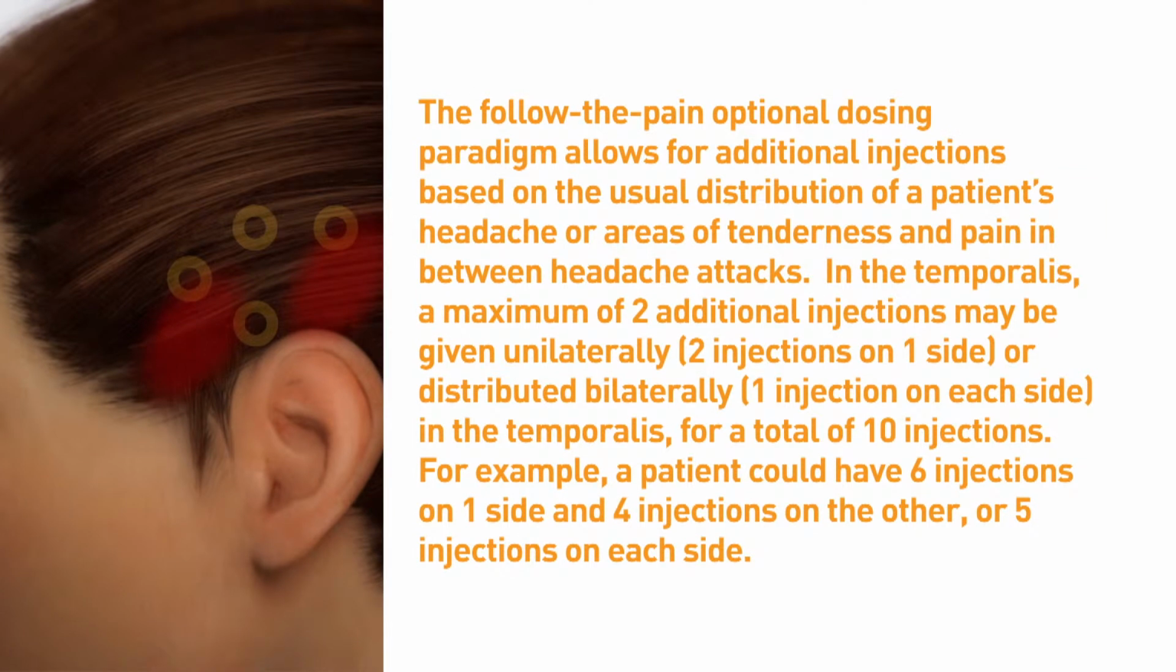The follow-the-pain optional dosing paradigm allows for additional injections based on the usual distribution of a patient's headache or areas of tenderness and pain in between headache attacks. In the temporalis, a maximum of 2 additional injections may be given unilaterally, 2 injections on one side, or distributed bilaterally, 1 injection on each side, in the temporalis for a total of 10 injections. For example, a patient could have 6 injections on one side and 4 injections on the other, or 5 injections